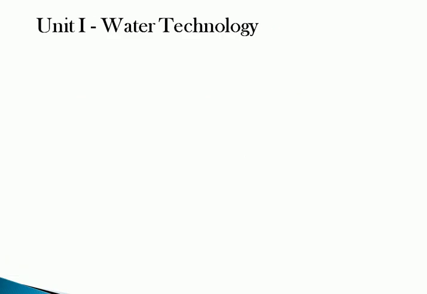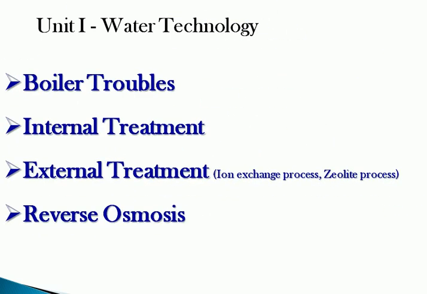So now I will give you some important questions for engineering chemistry unit wise, unit 1 to 5. Unit 1, water technology. What are the important questions? Boiler troubles: scale and sludge, priming, foaming, caustic embrittlement, boiler corrosion. These are the boiler troubles. How it is forming, what are the sources and prevention methods. You have to try this. These are the Part B questions.